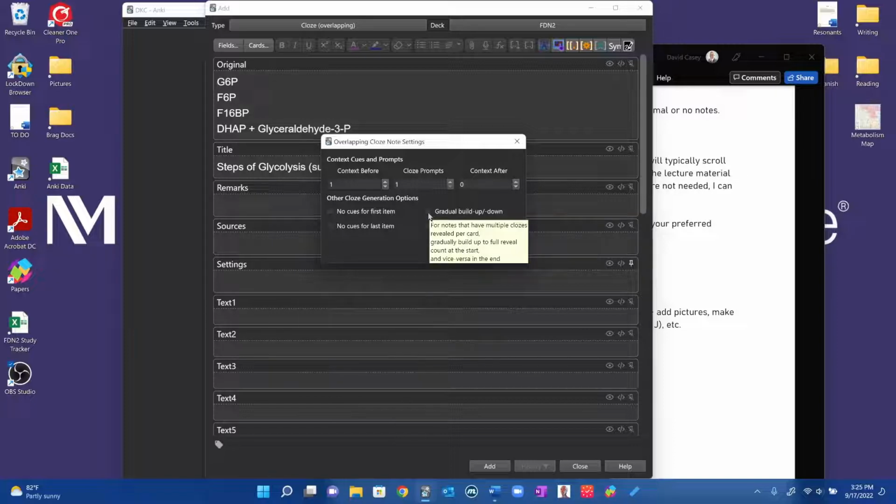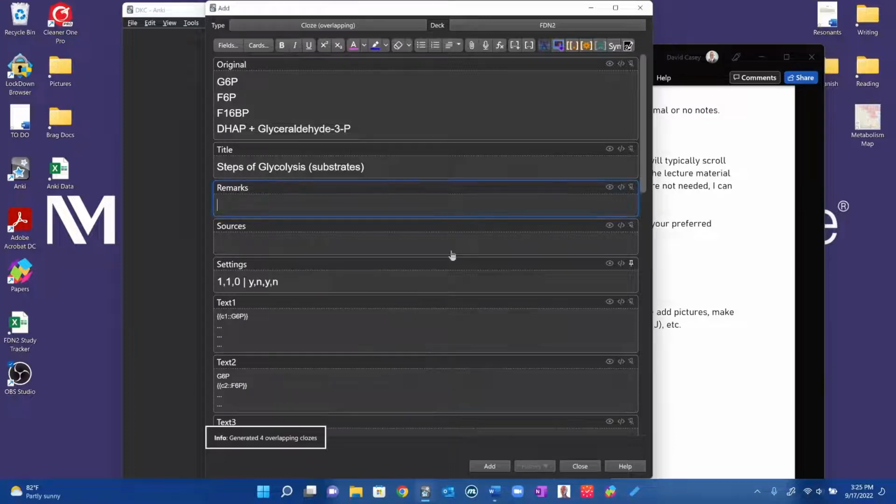But if you want a gradual build up, to be able to understand the full list and recite it, that's what you would want to do. I also want to say no cues for first item, because I want to have the title, steps of glycolysis or whatever it is, and then be able to say, okay, what's the very first step? So now I'm going to say okay, and it's generated